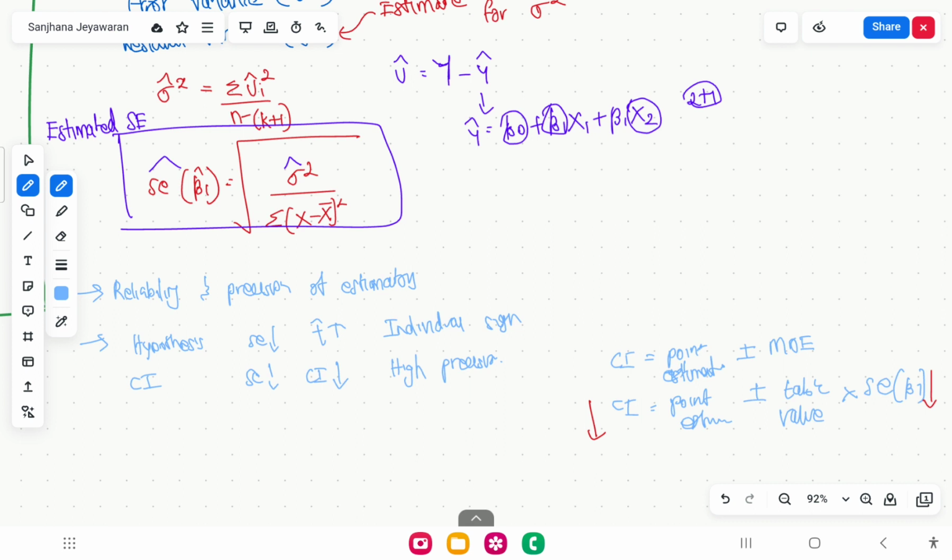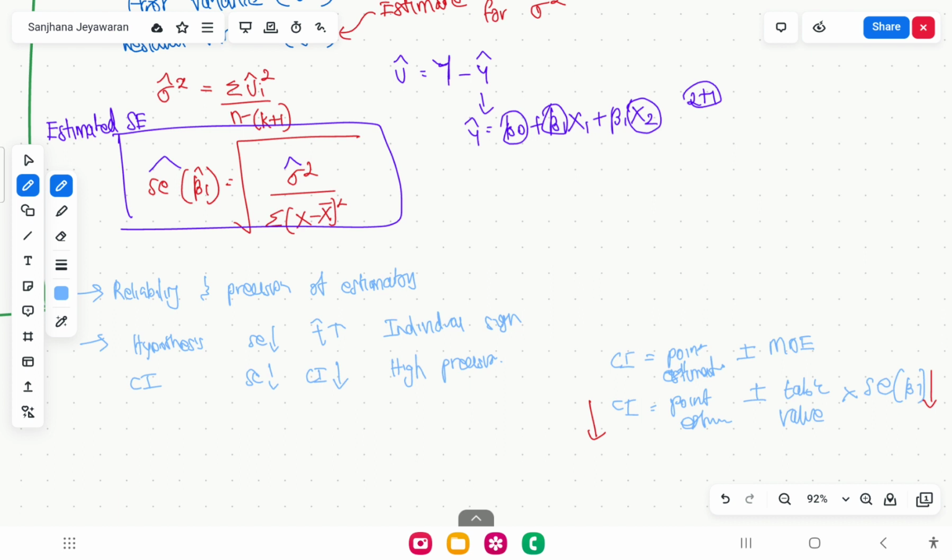But if we had got all possible samples of the same size, then we would have got different values for beta 1 from each sample, different values for beta naught from each sample, and then if we calculate the variance, we get an answer for that. And when we calculate the variance for the different values of beta naught from each sample, we get the actual variance. Okay,